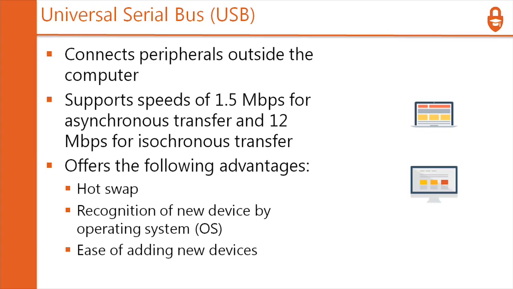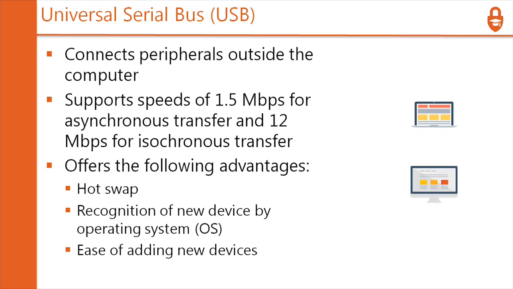And then we have the USB, which dominated, right? It connects peripherals outside the computer and supports up to 1.5 megabits for asynchronous transfer. Asynchronous means that I can upload 2 and download 10. Asynchronous is what most of your cable modems are. It's what your DSL is. You can download faster than you can upload, okay? That's asynchronous. Synchronous means I download at the same speed that I upload. So that means I can send data as fast as I receive it. That's synchronous communication. This is asynchronous, which means one way is going to be faster than the other. And then 12 megabits for